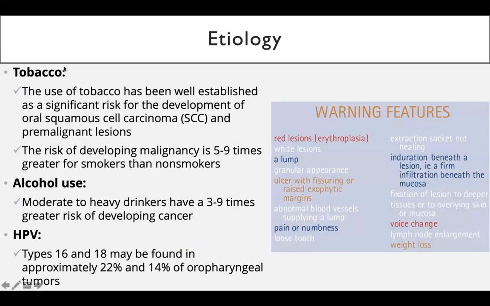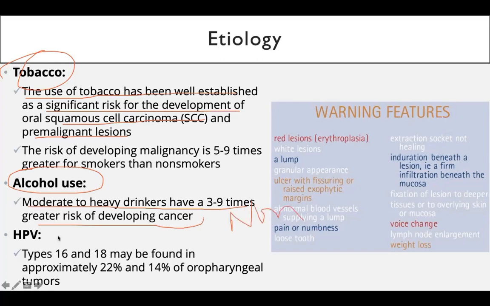Tobacco. The use of tobacco has been well established as a significant risk for development of oral mucosa oral squamous cell carcinoma and premalignant lesions. So tobacco is one of the main causes. Second, alcohol use. Moderate to heavy drinkers have 3 to 9 times greater risk of developing cancers than non-drinkers or mild drinkers. HPV type 16 and 18